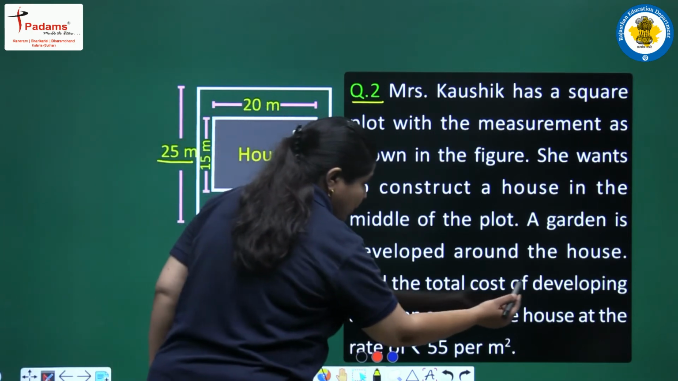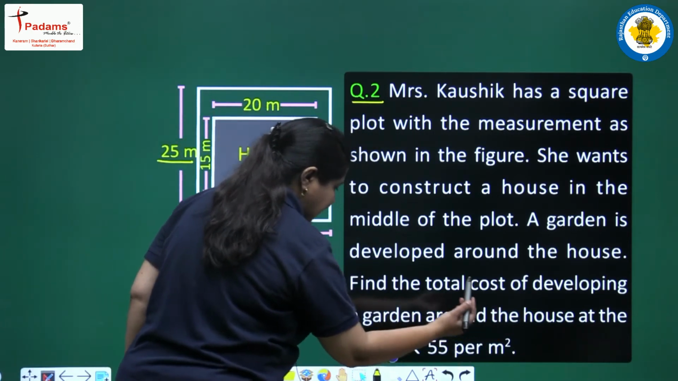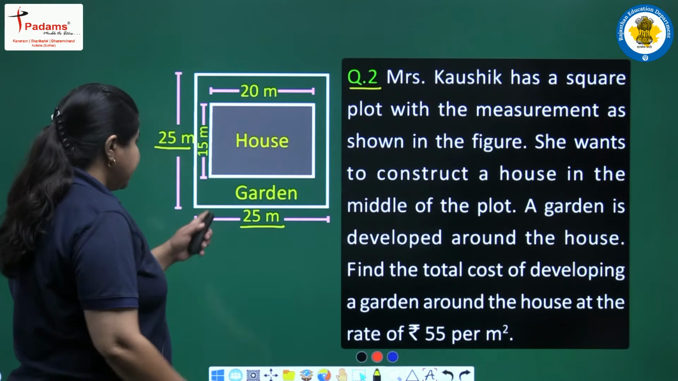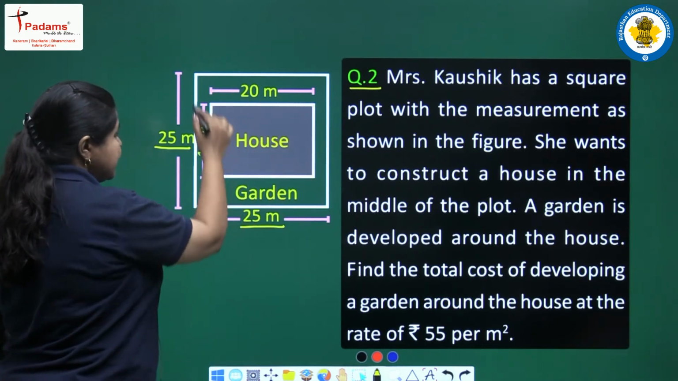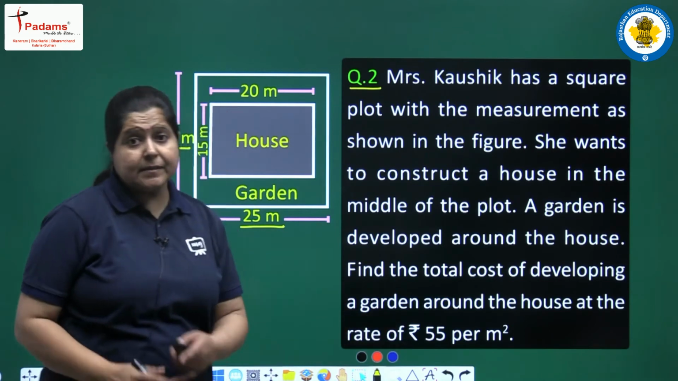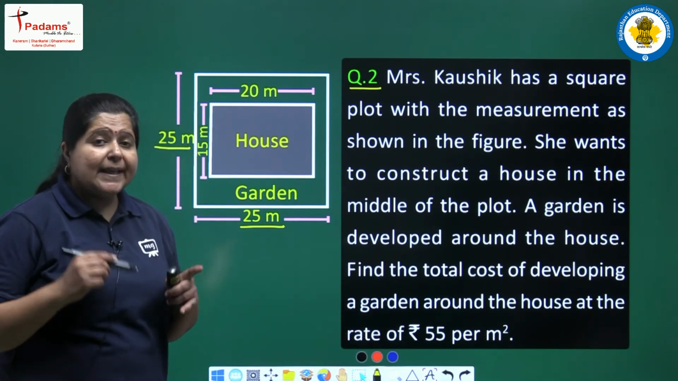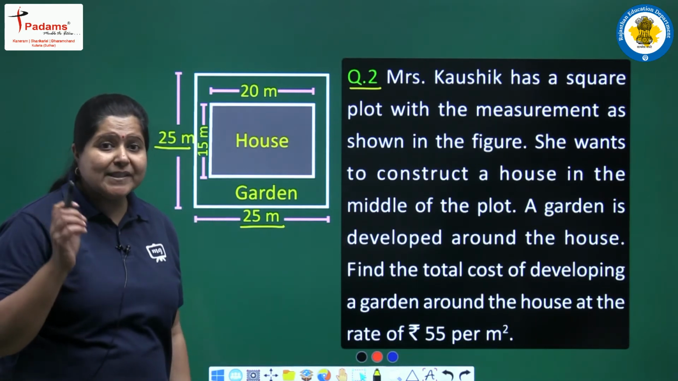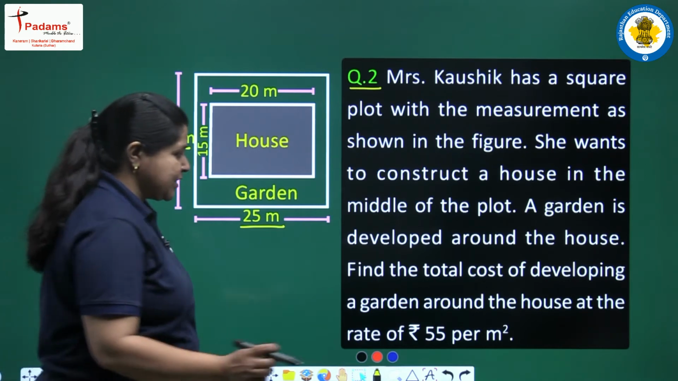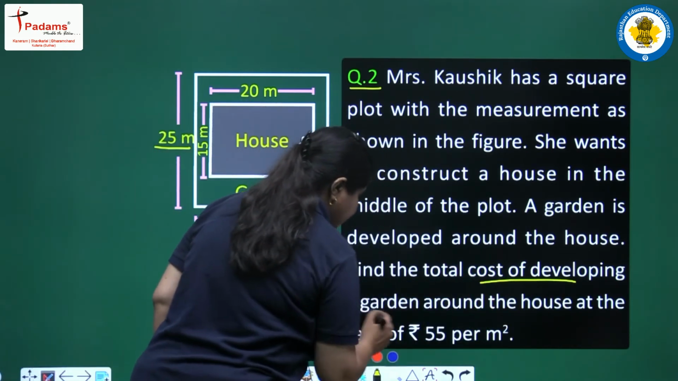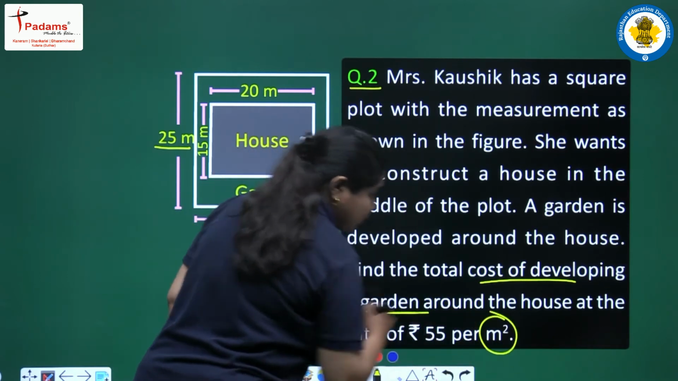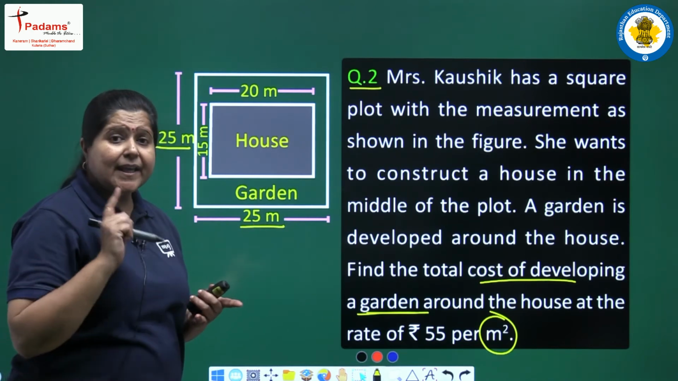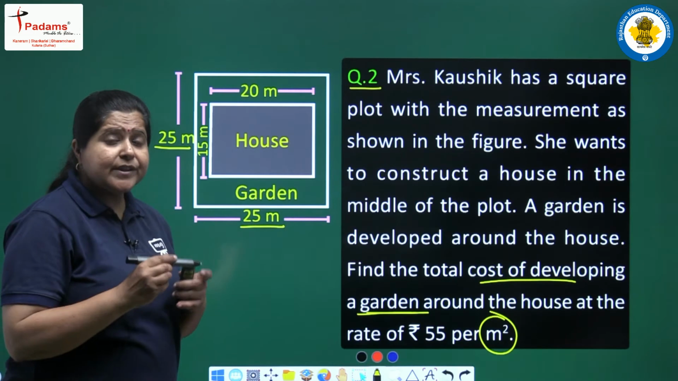And then find the total cost of developing a garden around the house at the rate of rupees 55 per meter square. ये जो ग्रीन पार्ट आप देख रहे हैं, ये गार्डन आपको डेवलप करना है at the rate of ₹55 per meter square. अब यहाँ पर हमें क्या फाइंड आउट करना है, ये थोड़ा कंफ्यूजिंग है, थोड़ा क्लियर है। समझ में आ जाए तो सब कुछ क्लियर है। यहाँ आपसे पूछा गया है कॉस्ट ऑफ डेवलपिंग गार्डन, और यहाँ आप देख रहे हैं मीटर स्क्वायर। मीटर स्क्वायर होती है यूनिट एरिया की।